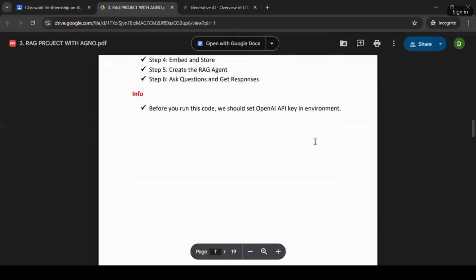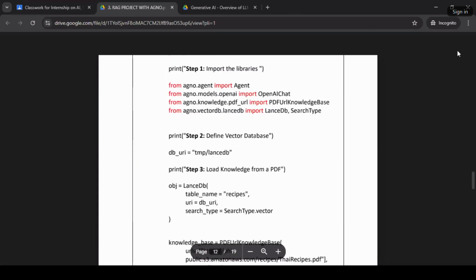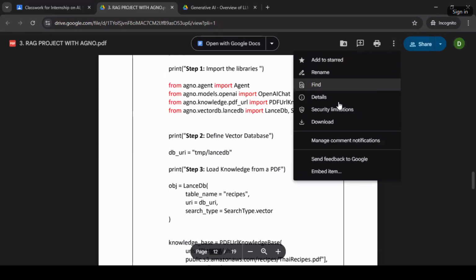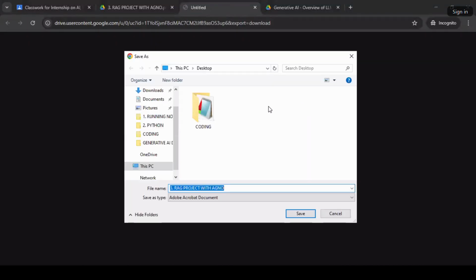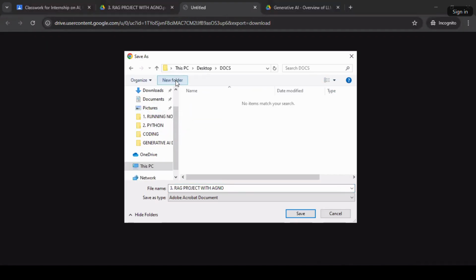There are some hands-on exercises we are going to implement actually. Get ready. Good, good. Go back to the desktop. Docs.